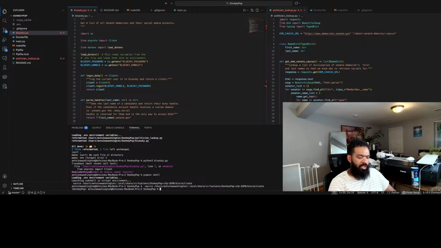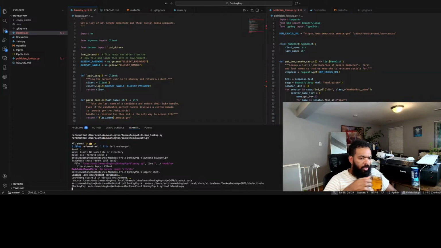Yeah, that's going to be it. Python 3 bluesky.py. Now it should run.